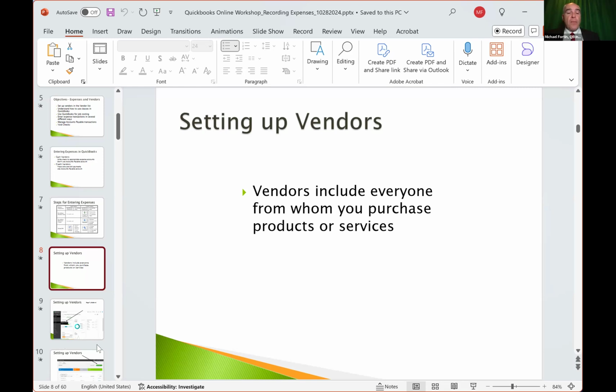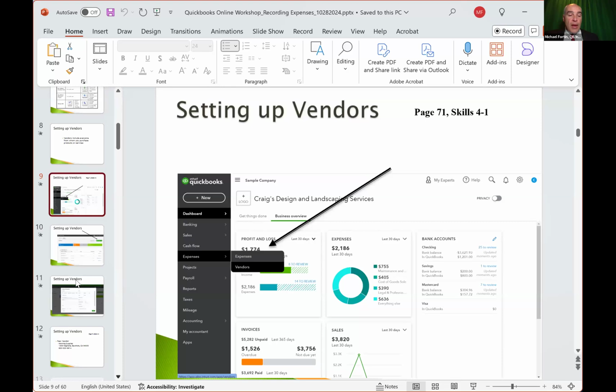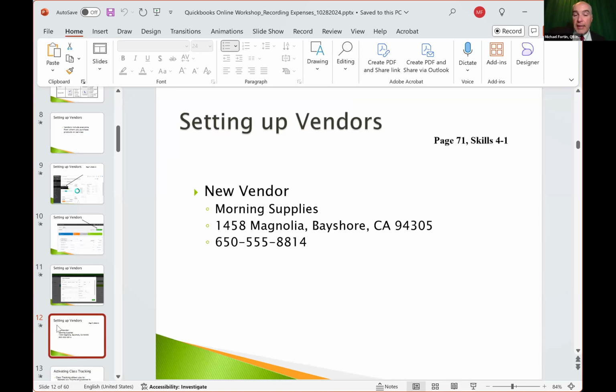So the first thing we will do is set up a vendor, and it's really easy to do. We're going to practice together. We're going to use the sample company that's in the test drive called Craig's Design and Landscaping Services. And we're going to set up a vendor, and the vendor is going to be Morning Supplies.